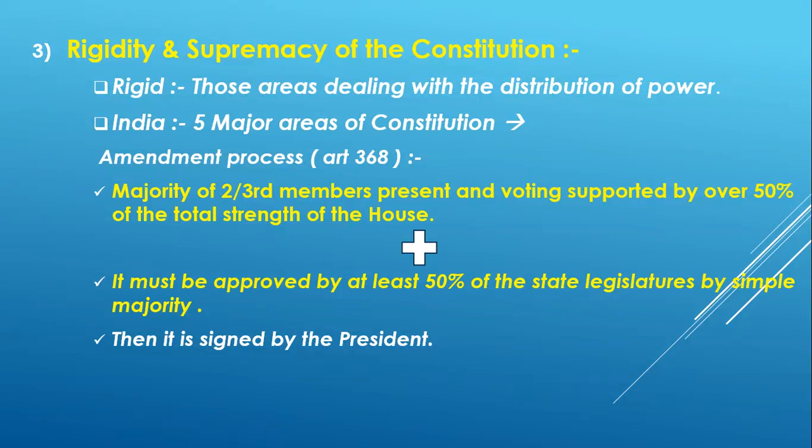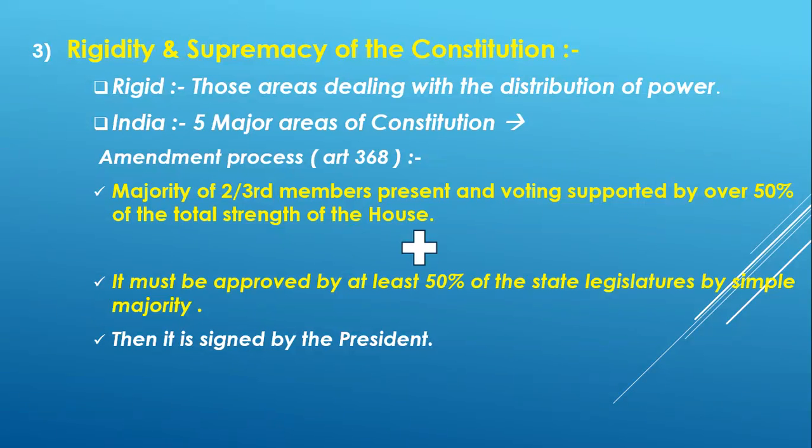Now we will analyze the case of India. In India also we know that there is a written constitution, and there is supremacy of the constitution. The Constitution of India is supreme. The legislature of India is subordinate to the Constitution and derives all its powers and authority from it. So who is supreme in India? The Constitution is supreme in India.